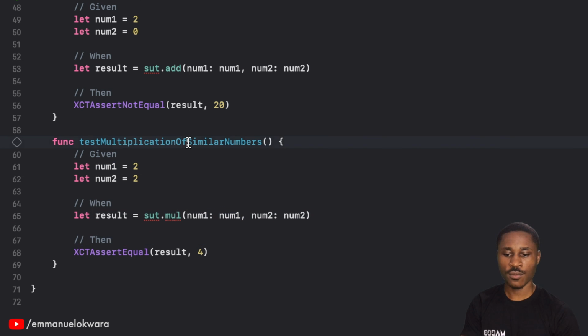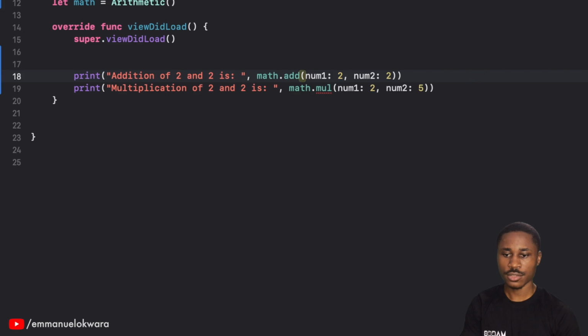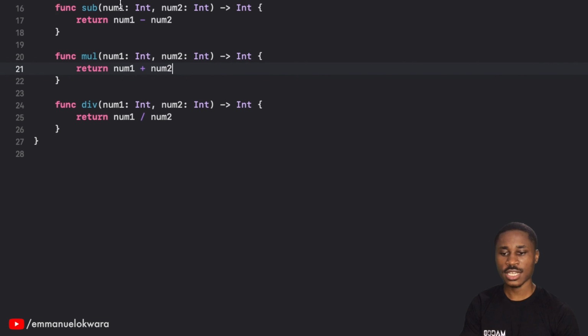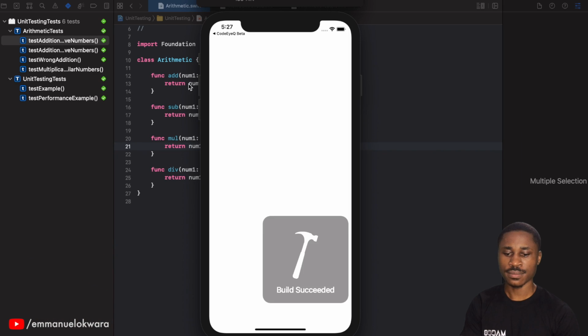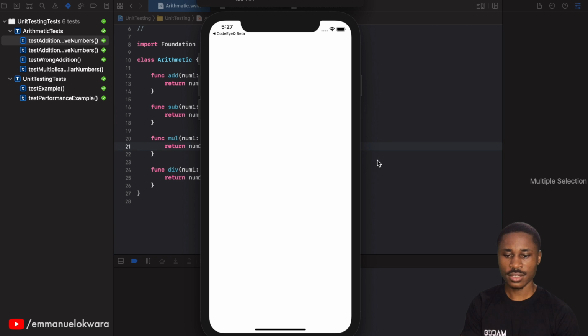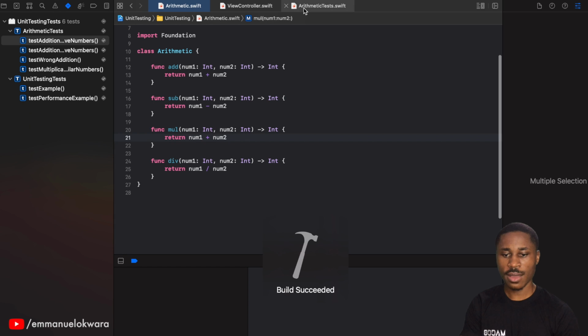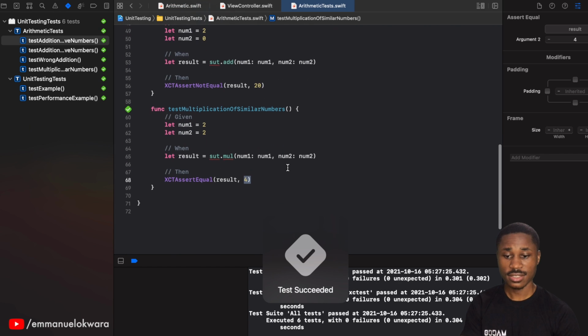So we know that when you are multiplying two similar numbers, then 2 times 2 is equal to 4, right? And so this is good. And if you look at our change over here, this is wrong. We know that there's a problem here, but at the same time, let's go ahead and run this. Oh, not run it. Let's run our test,